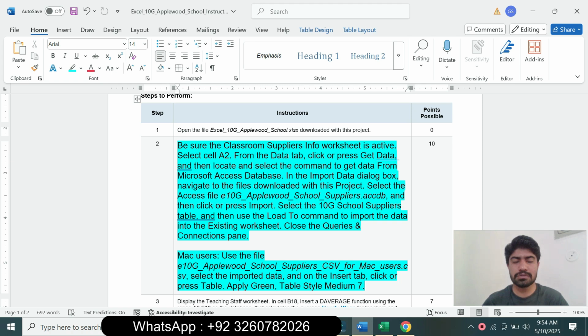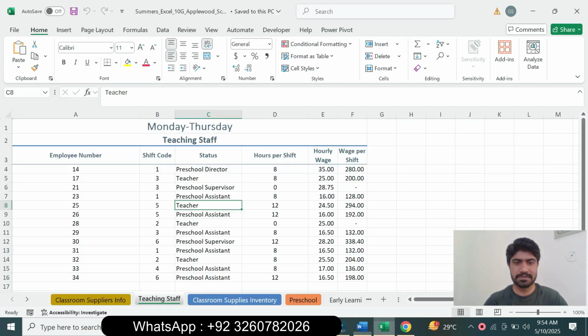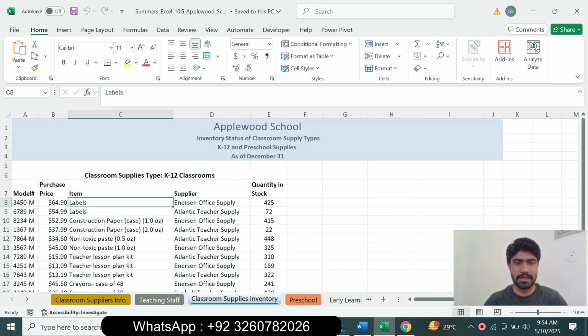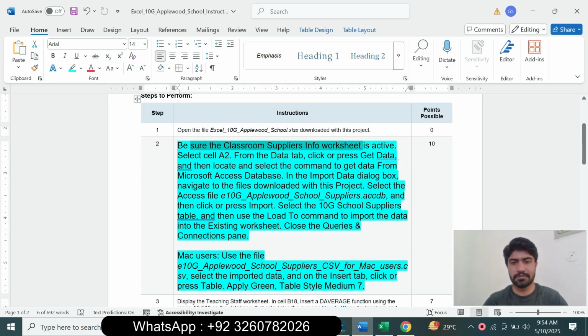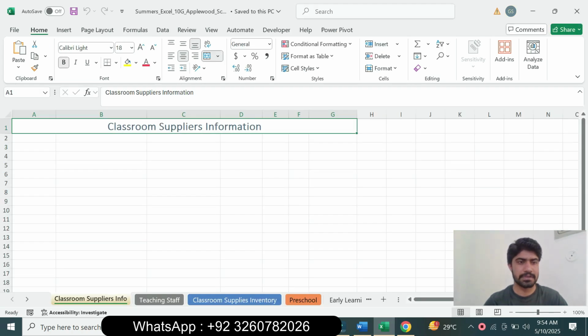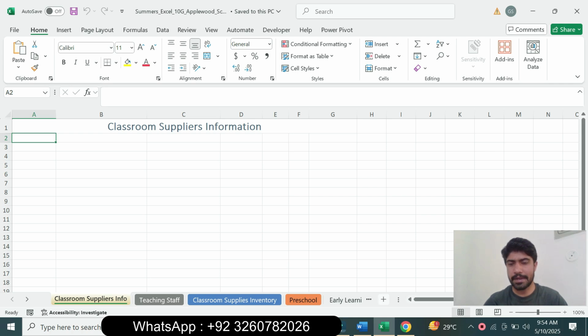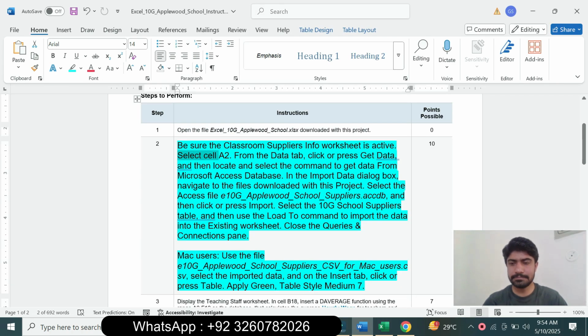Import and load the data in cell A2. Be sure the Class Supplier Info worksheet is active. So go to the Excel worksheet, make the Class Supplier Info worksheet active, and select cell A2. So select cell A2, and next is